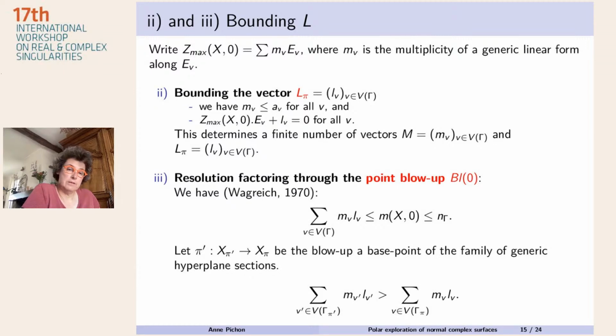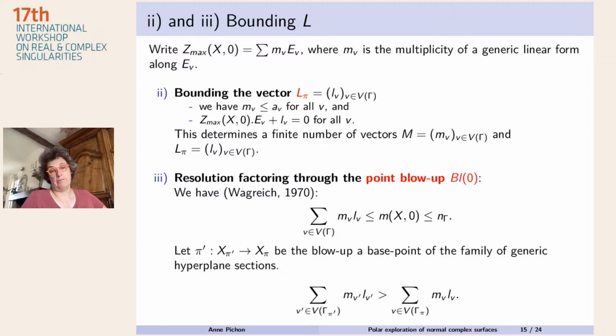Now, we have to bound the amount of blow-ups to obtain the minimal resolution which factorizes through the point blow-up, okay? And for this, we will use the result of Wagreich, which tells you that the sum of MV LV is less or equal to the multiplicity, okay? And remember that we have bounded the multiplicity by a topological datum. So now all we have to do is to control this sum of MV LV